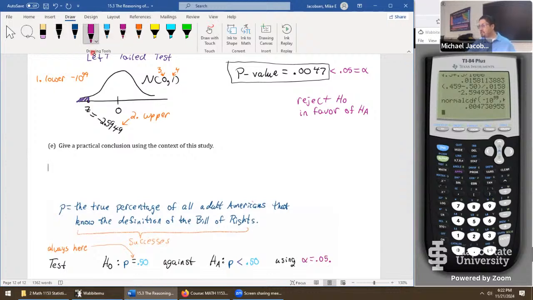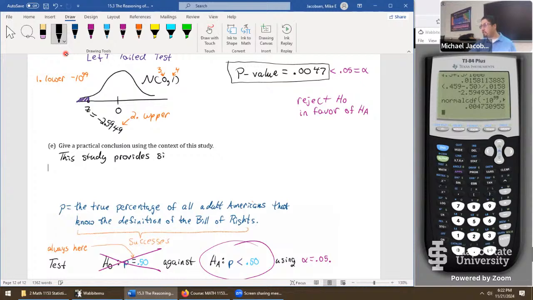We're rejecting the null hypothesis, so there it is, it's gone. We have evidence that that's true. And so we go on to say, this study provides significant statistical evidence